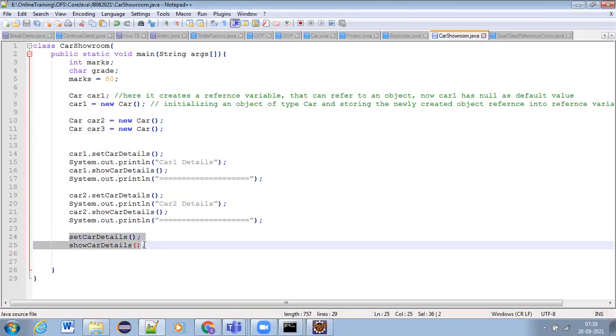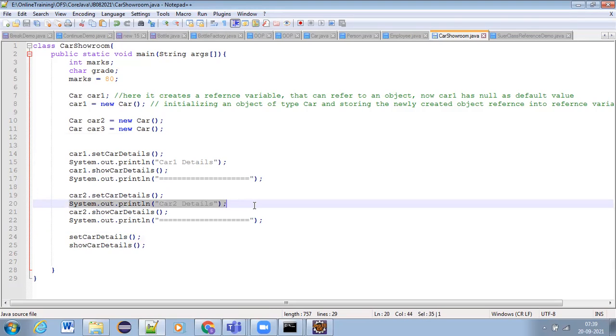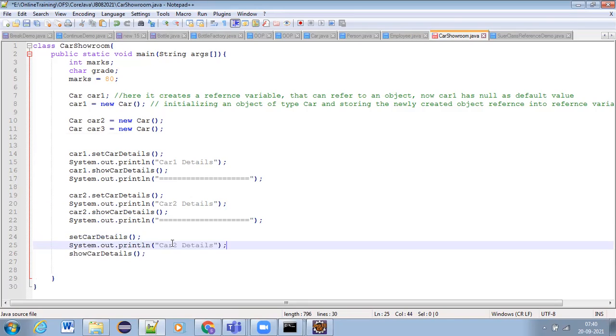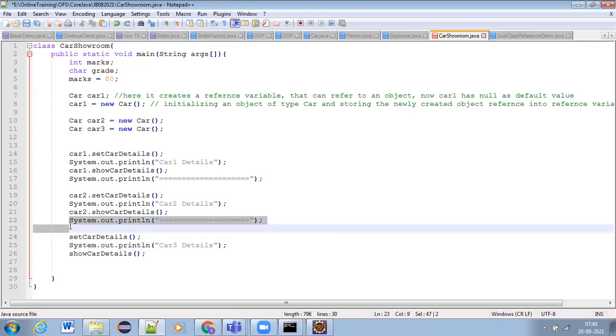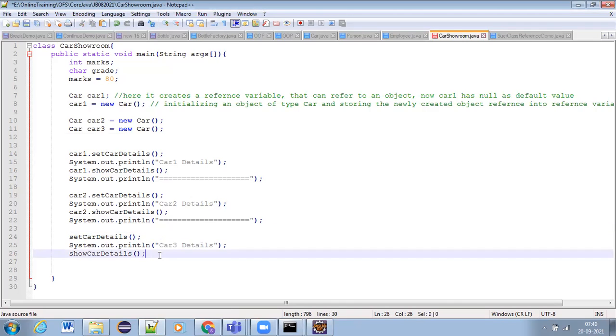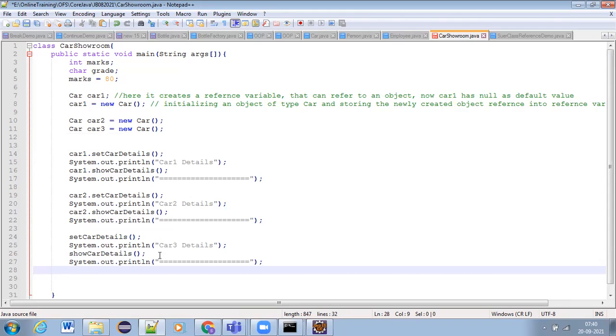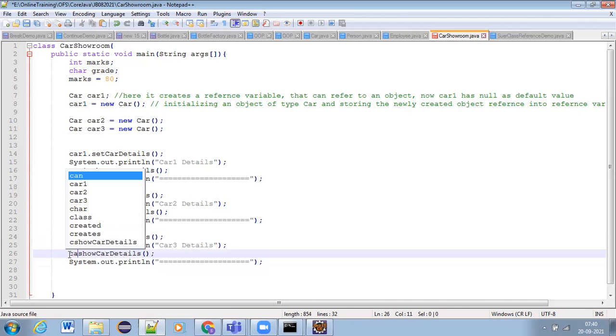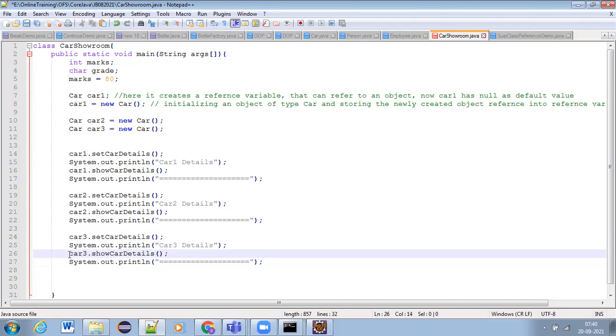So how should we set? Let us say it is for car 3. I have to say car 3 dot, here, car 3 dot like this.